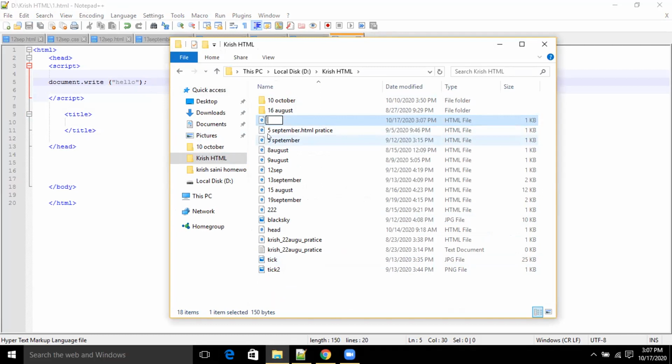Or you can create a folder by today's date, 17th October, and in that you can save the file, 17th HTML.